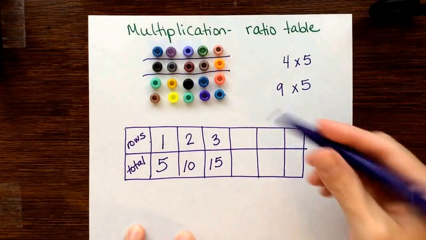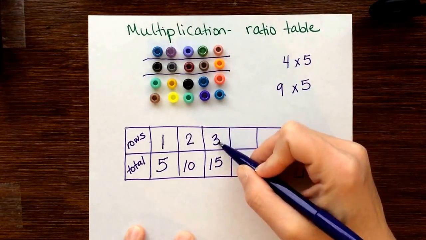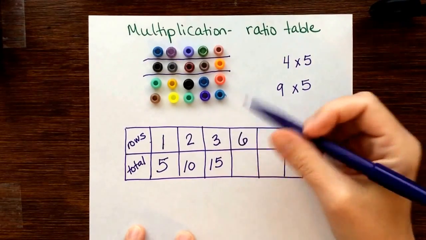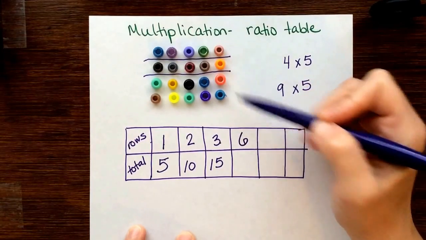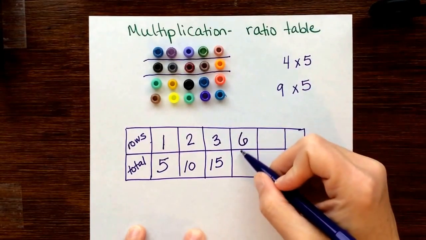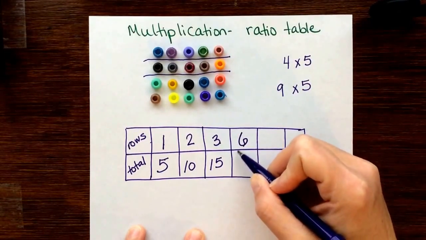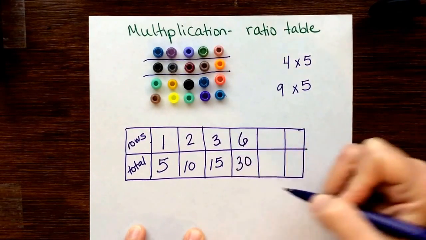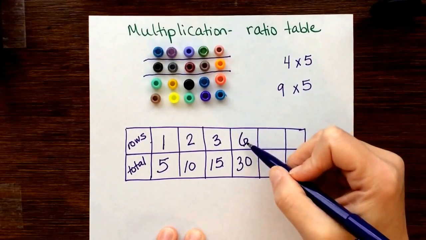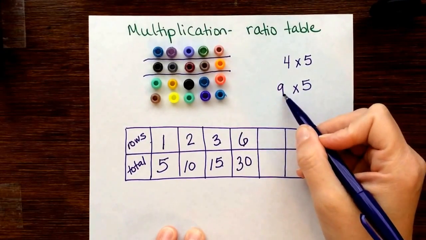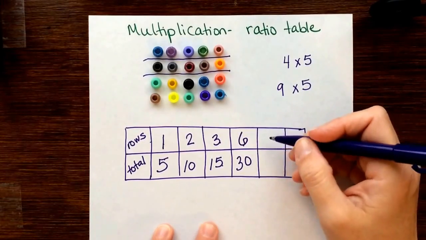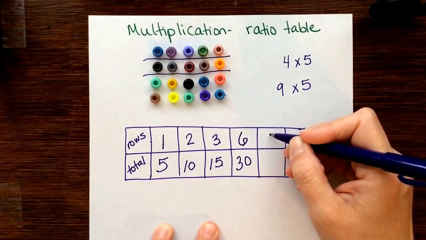So I'm going to double my 3, which means if I had 6 rows, I would have double of what I have for only 3. So if I have 6 rows, that would be double of 15, which is 30. Well, if I double 6, I get 12, which is over my 9. So if I am looking for 9,